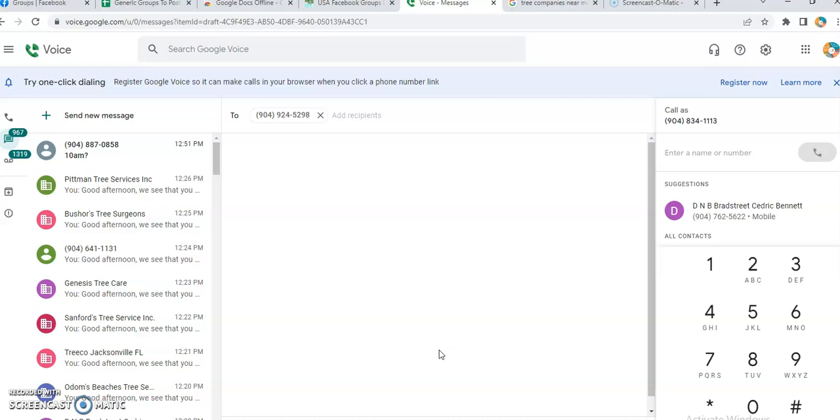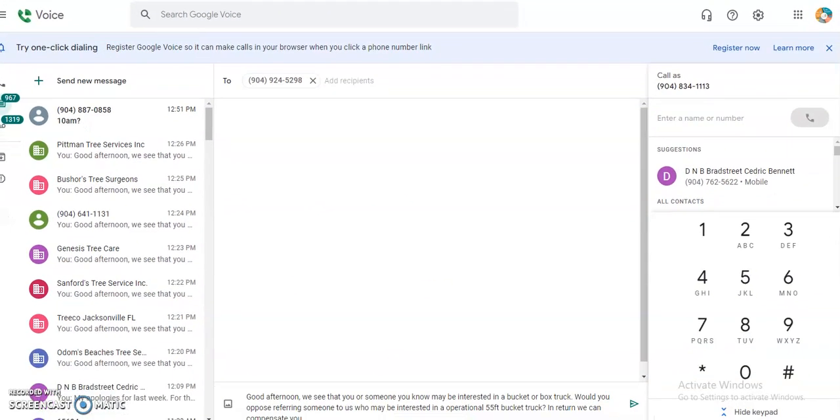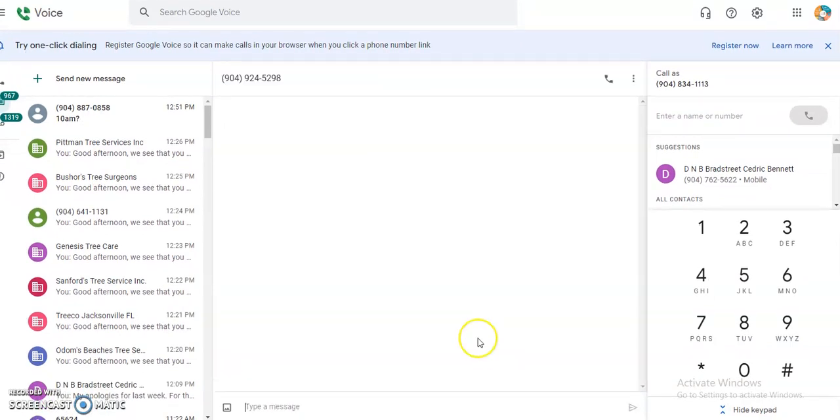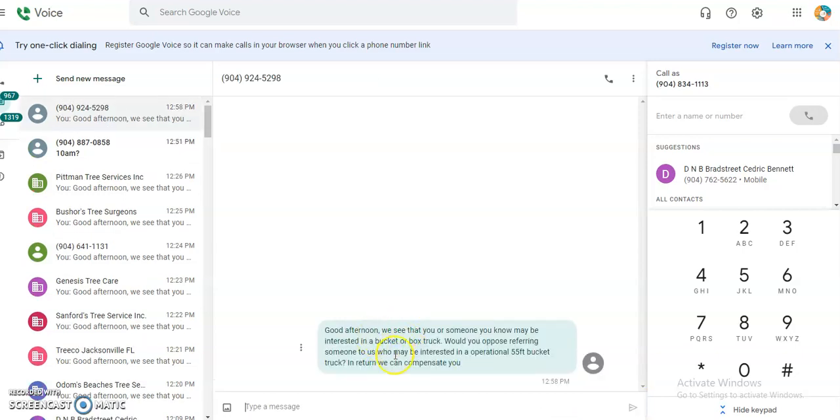Text Now is another one that we use, but it has a lot of different advertisements, and it requires you to message all the time, at least every few days before they cancel and close out the phone number, which is understandable, not even a big hurdle, but Google Voice doesn't require all of that. So here we go. As you can see, no message populated here in the body. Since no message populated here, and we have our message ready to fire, we're going to go ahead and send it.